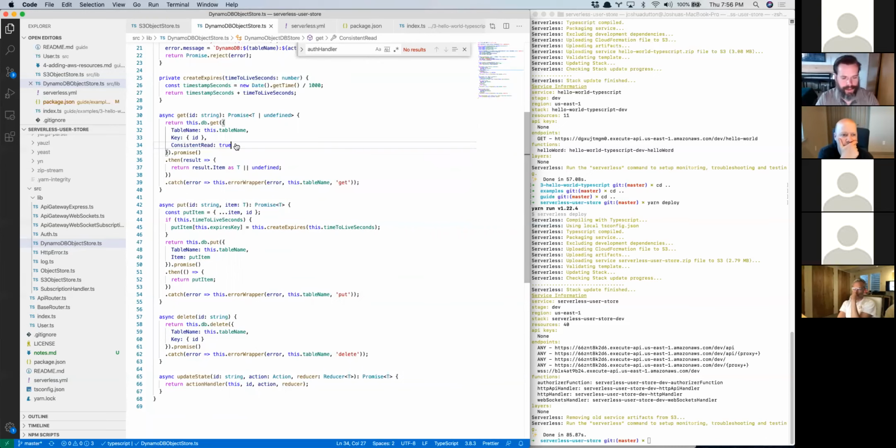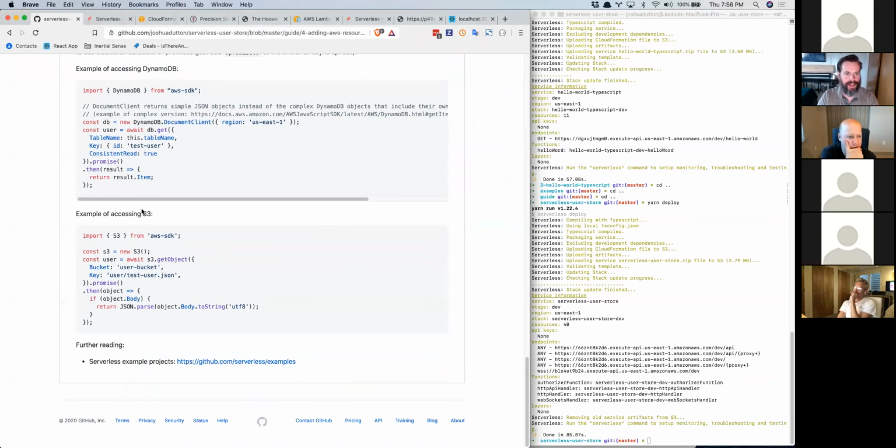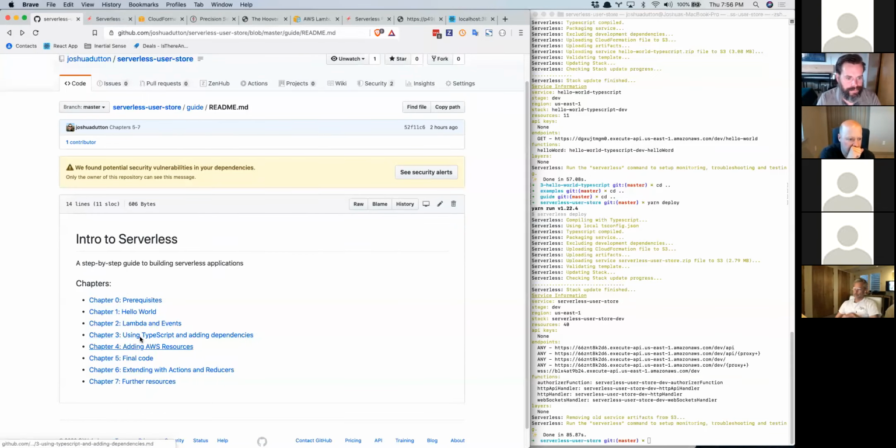So there's an example of working with DynamoDB, and here's an example working with S3. Now it's going to get more complex pretty fast, and we can go in and look at some specifics. I've talked a lot. We can answer questions or go into parts that you are interested in. But basically, if I jump out of here and go into the next part,